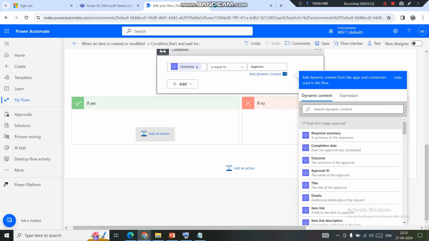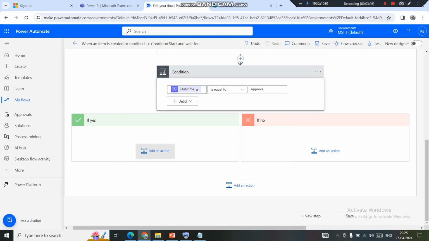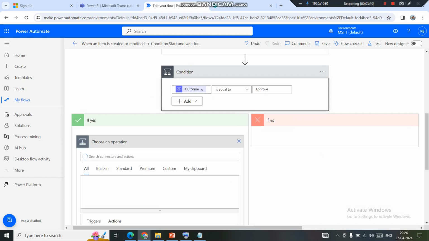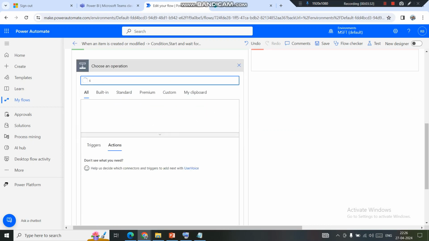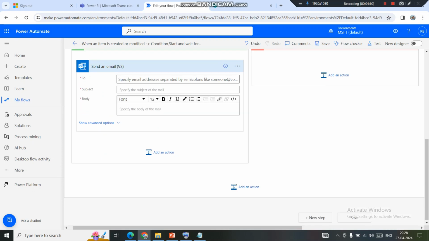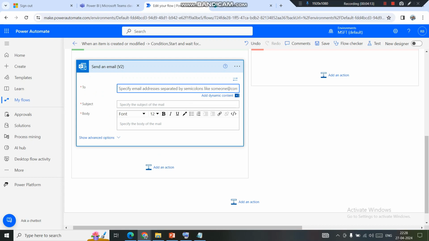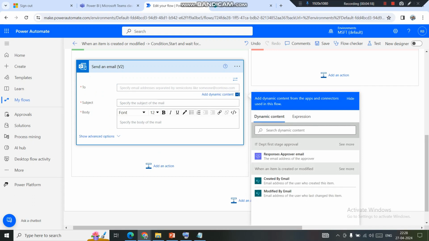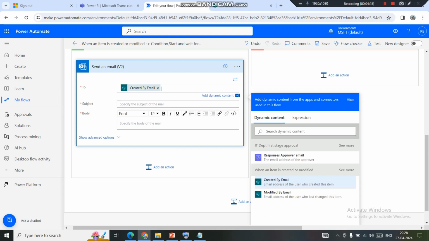then send an email. Okay, we'll select this, send an email. And we need to select this Office 365 Outlook, because if you select the other one, it won't work. And I'll select this, send an email. Okay, and to whom I need to send it, it's basically the creator of the item. So I can select this, and I can see this created by email. So whosoever has created the item, it will pick up the email of that creator,